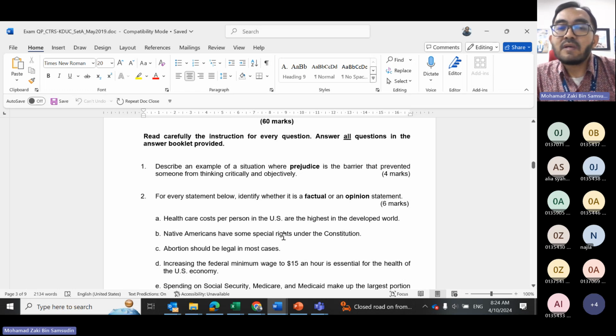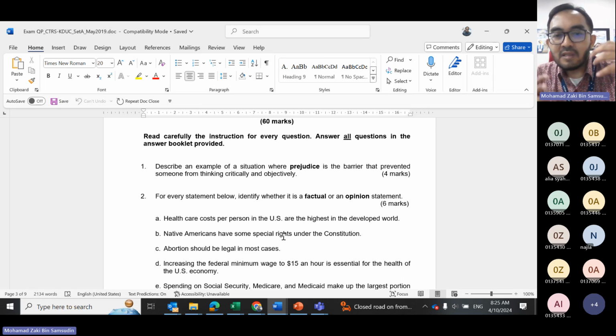So prejudice tu apa? Prejudice tu adalah bila kita ada pandangan negatif lah, tetap terhadap seseorang berdasarkan kepada stereotype. Stereotype and prejudice tu ada hubung kaitnya. Cumanya stereotype tu, from an academic point of view, we don't necessarily say stereotype tu is all negative. Stereotype can be positive also. The only thing about stereotype which is not right is it is a